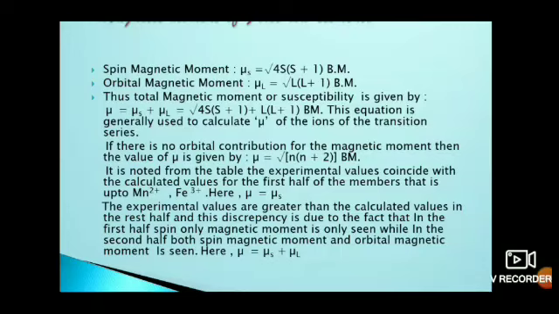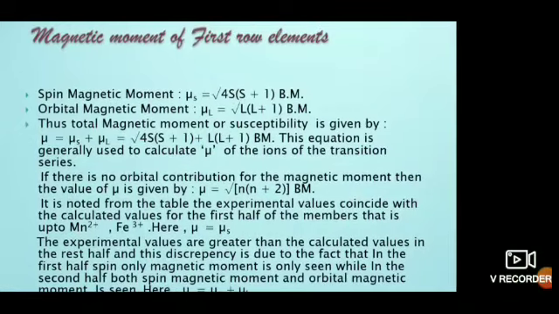So this is the reason: when the electric fields of the ligands come into interaction with the d block elements, their orbital magnetic moment is quenched out. That's why there is a difference in the 3d series between the first half and the second half magnetic moments. Okay, then when there is only spin